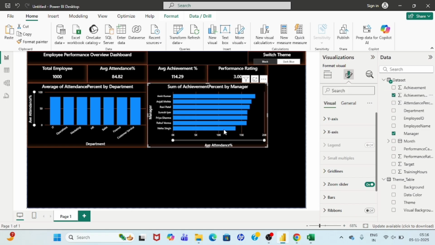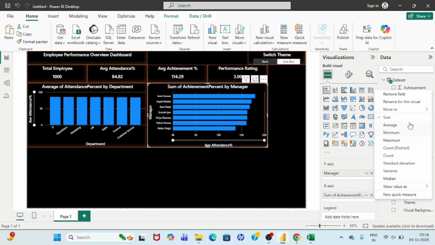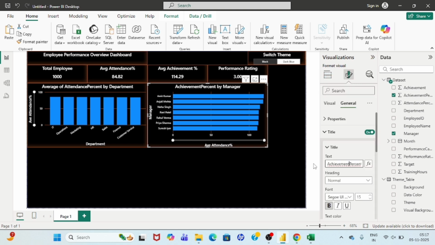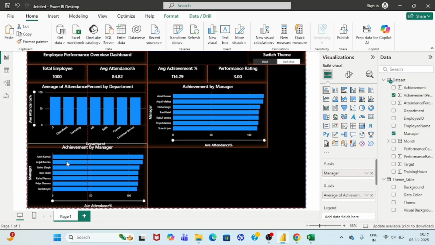Okay, right? So here zoom is also added, right? So just click here, and this should be average. Done. Okay, achievement by manager. Control C, Control V. Let's put this here,